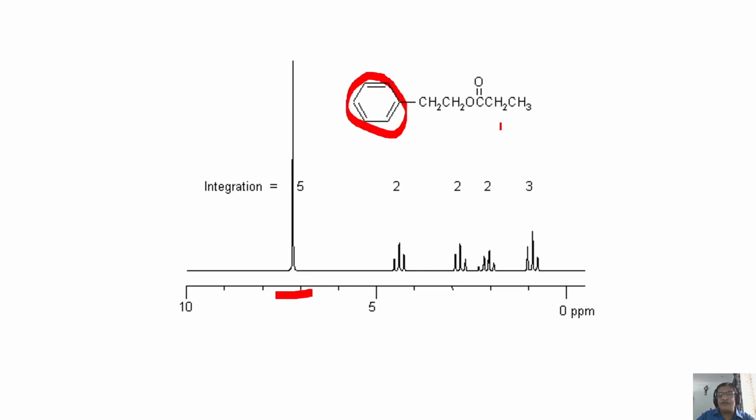Clear? Now of course this portion is also clear. This is CH2, this CH3 split into a triplet because of this, and there is a quartet which splits into this CH2 split into quartet because of this. Analyzable. Now this is attached to this, and I say this is this CH2.